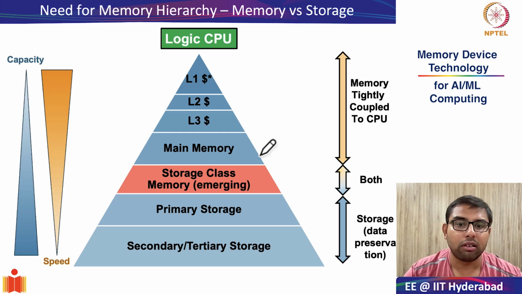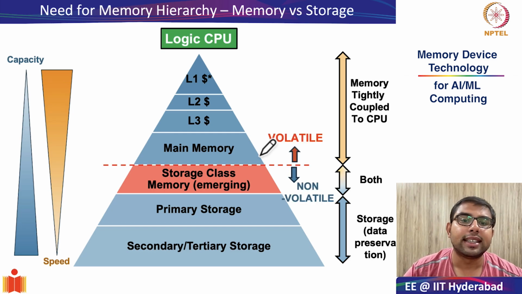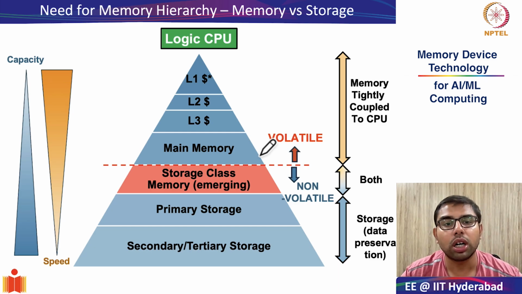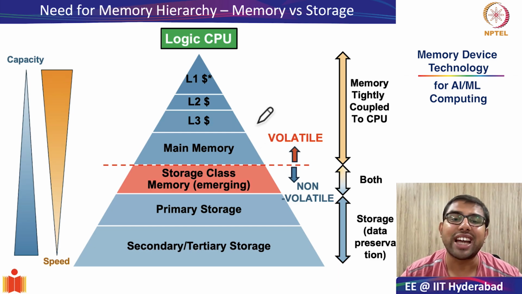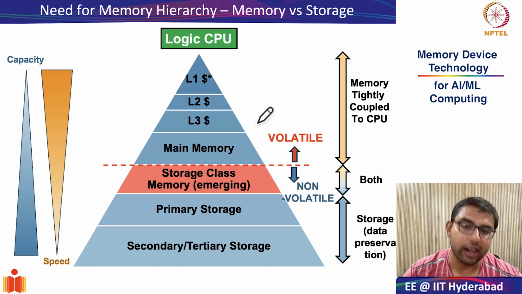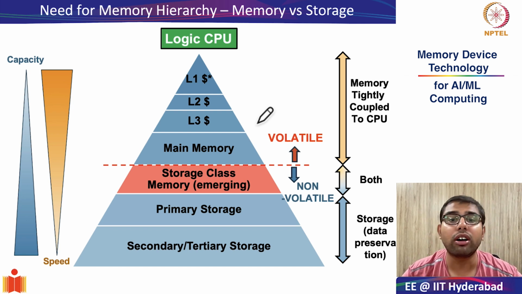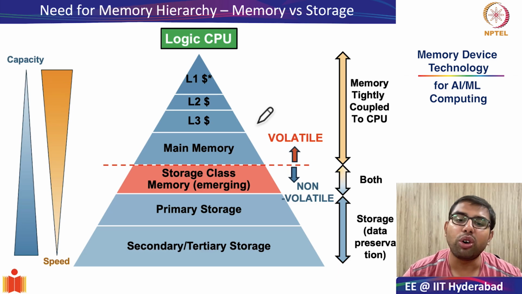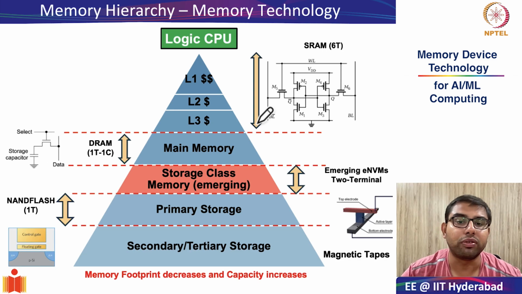Okay. Also, we saw that by definition your memory is generally volatile in nature, whereas your storage is non-volatile in nature. So what is the meaning of volatile, non-volatile? Please try to recall. Volatile is if you switch off the power supply, does your data stay or not? In volatile, it does not. In non-volatile, it does preserve the data even after the power supply is switched off.